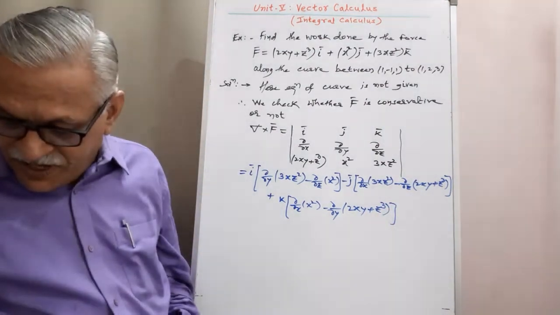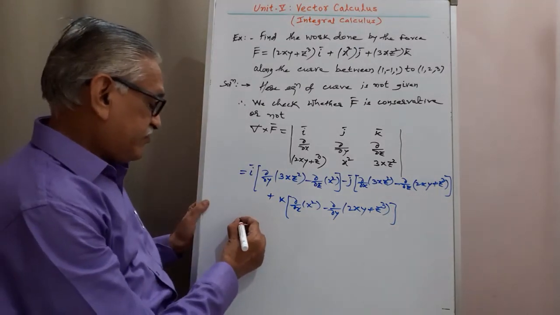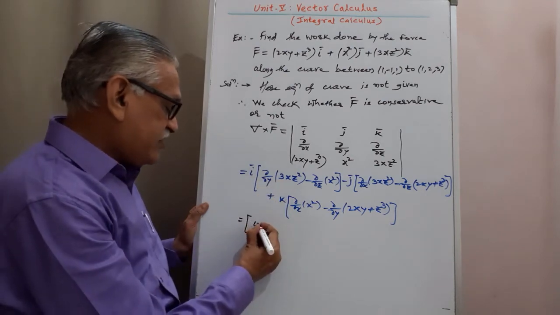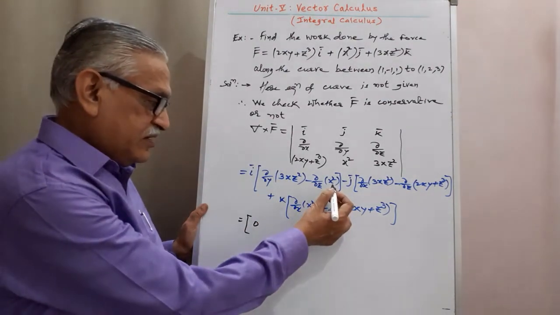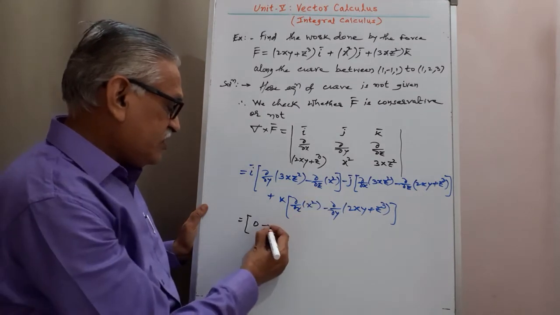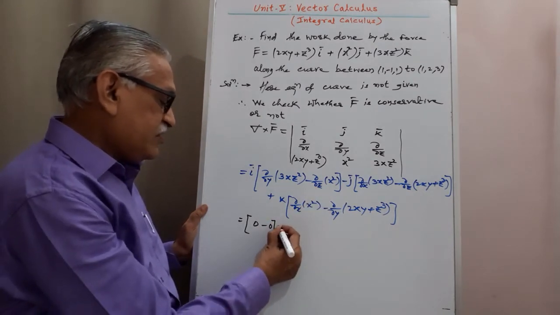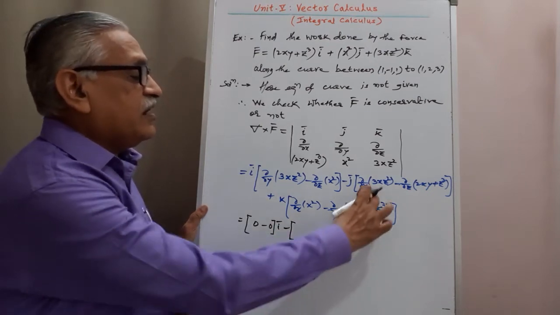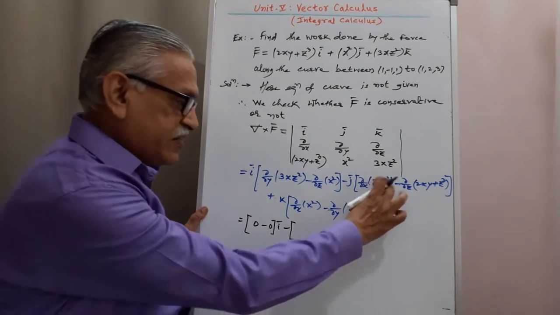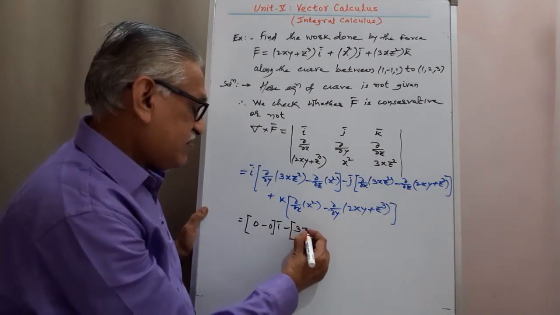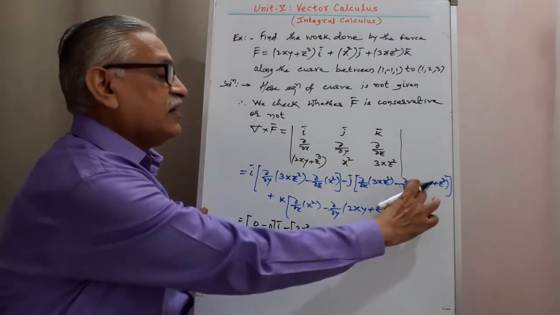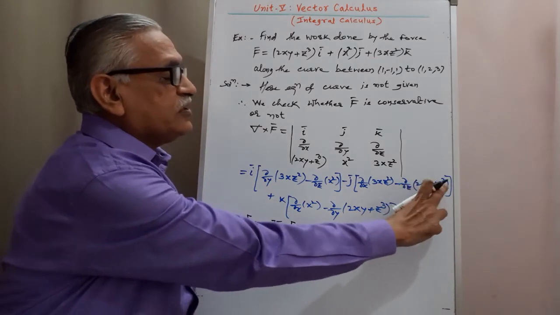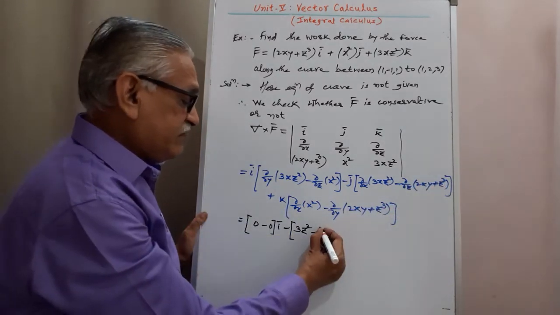Then performing the partial derivatives, differentiation of the first term with respect to y is 0 as it is not a function of y. Differentiation of the second term is also 0 as it is not a function of z, into i. Then minus, differentiating this with respect to x, the derivative is 3z square, minus, differentiating the second term with respect to z, its derivative is 3z square,